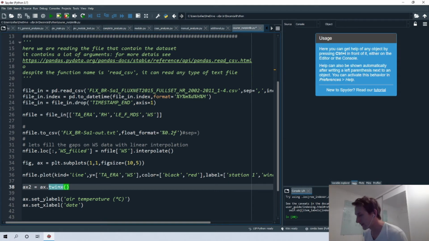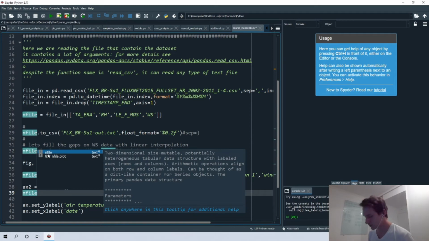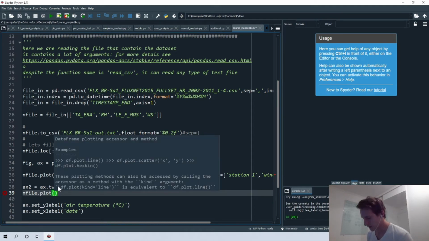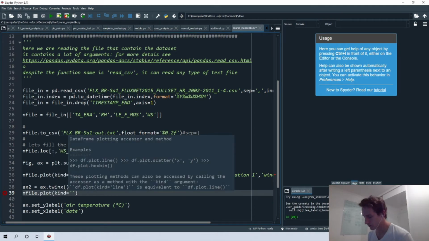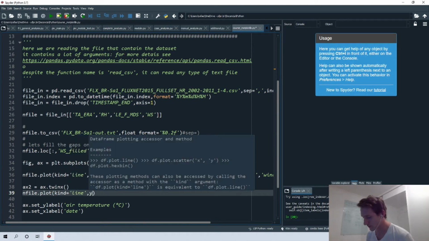So we have that. So now we must define the plot. Our variable that we want to plot is in this data file. So in file, we can just plot. The kind of the plot will be similar to that one. So line, and then we must specify the variable that we want to plot. So it's ws, and then the color. We can specify it as red.